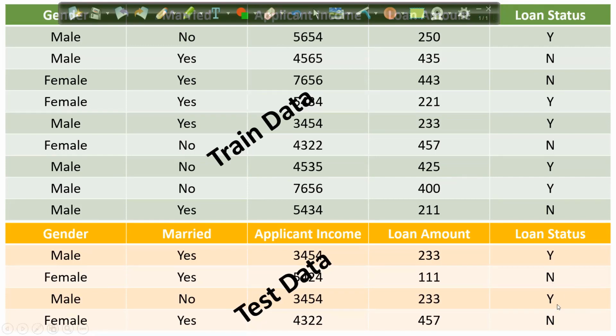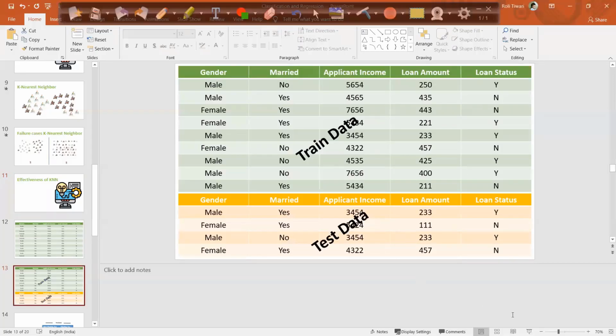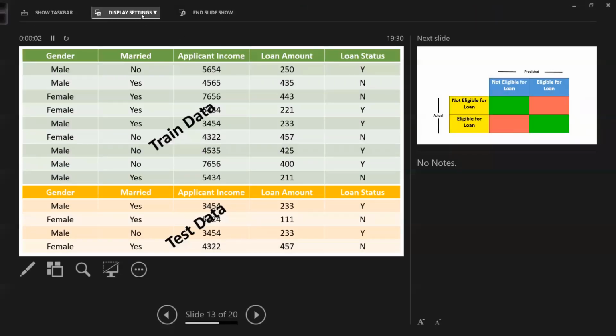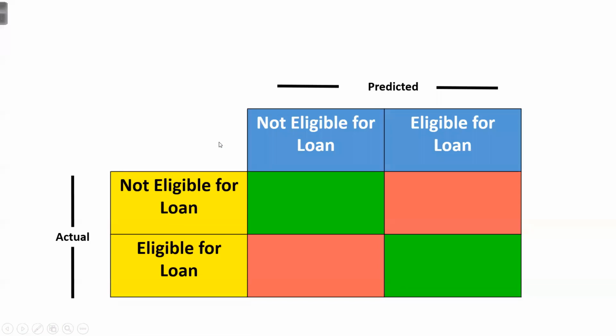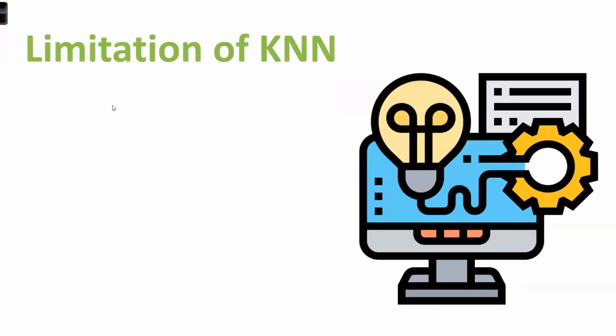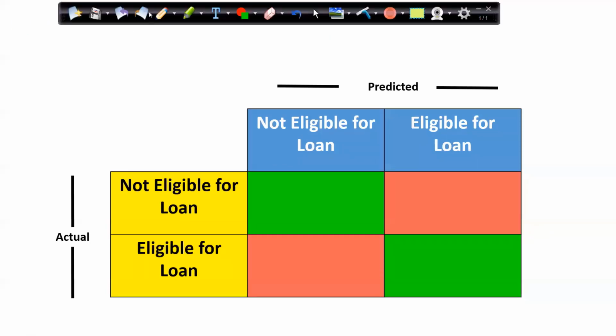So here I have Y and N. There are 2 records which are going to get the loan, and 2 records which are not eligible for the loan. If I go back and create a confusion matrix, let's assume the actual data says that 2 customers get the loan and 2 customers don't. As per my actual data, 2 are eligible for the loan and 2 are not eligible. I'll put this number aside as of now.